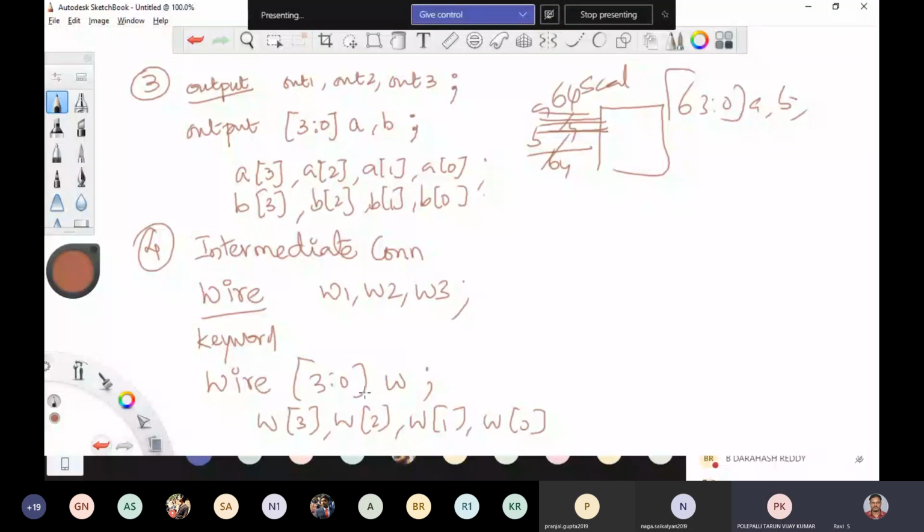Wire is all lowercase, right? All the keywords in Verilog are lowercase. You should not use capital letters for keywords.